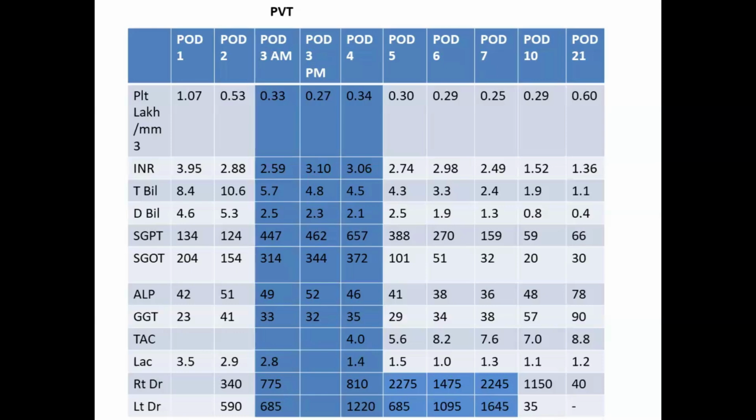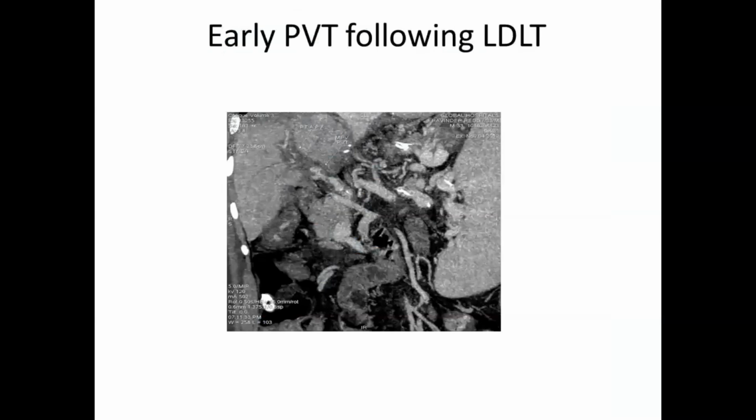And if they present with the features of graft failure, then they might have to be relisted for a liver transplant. At times, if these events have not happened, you could just anticoagulate these patients and see if the graft is well perfused, and just manage them medically. This is exactly what we did in our patient. So you can see the periportal edema. You can see that there is only a streak of flow at the anastomotic site, and around the sides you see